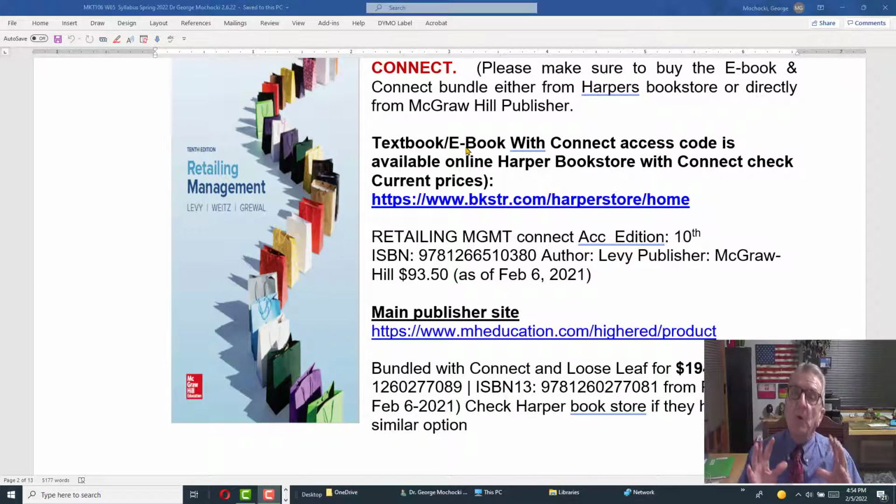But it's not only the book. If you buy it on Amazon, it says you have to have this Connect passcode. Now, Amazon may say, here we got the ebook, we have the bundle book with the passcode. You get it, and the passcode's already been scratched out. That means it's been utilized. It's no good. So you have to buy the passcode and everything else. Get it here, the best price.